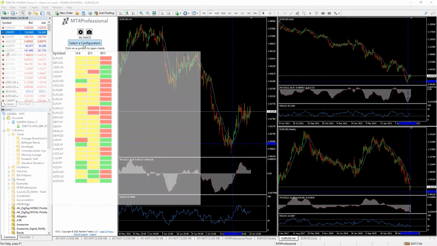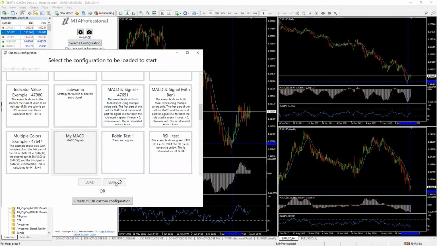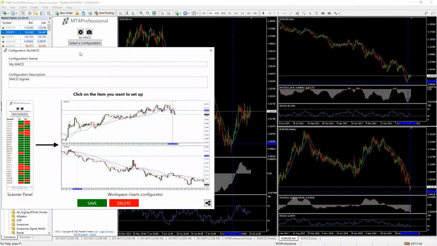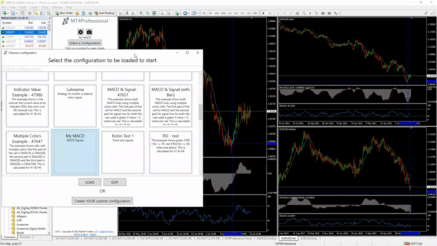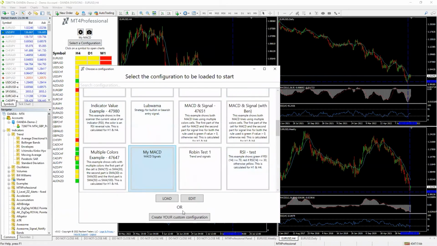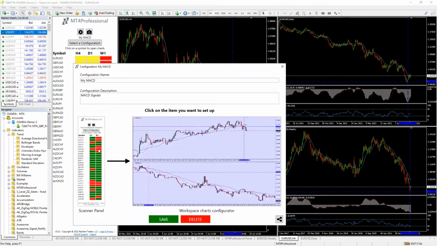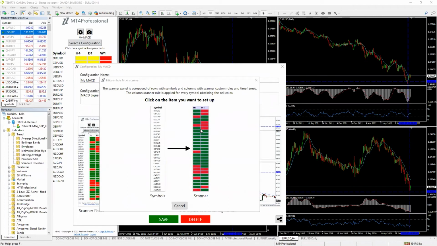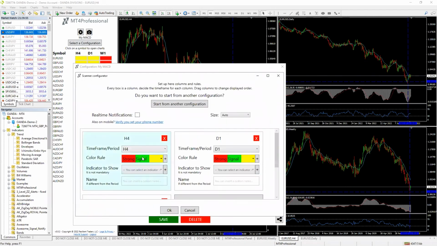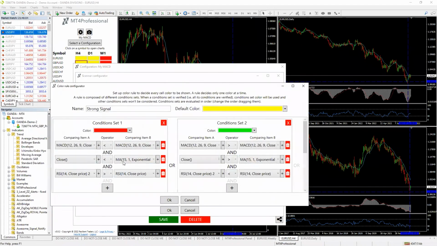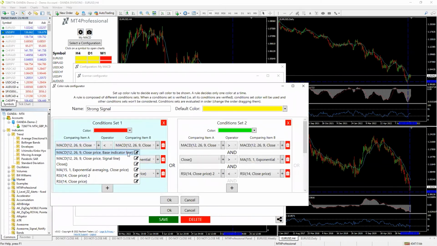So let's look at the configuration here and see what it is that I did set up. Let me close this and move this out of the way so I can see the chart here. Edit that. Let's look at the scanner configuration to see the rules that I used to set up a strong signal. So a strong signal, whether it's bullish or bearish, will be defined by this. The MACD, in this case, the MACD base indicator, that's the white histogram,